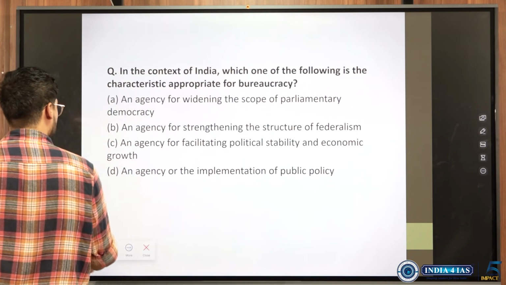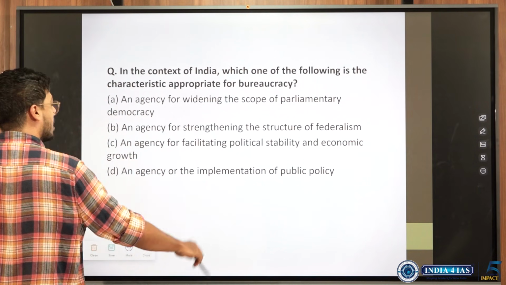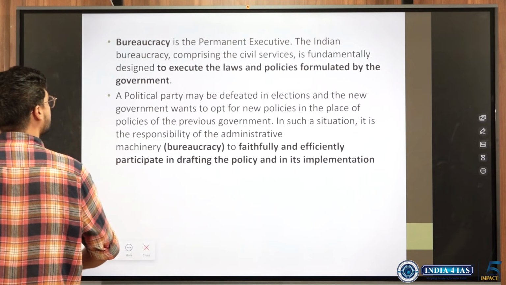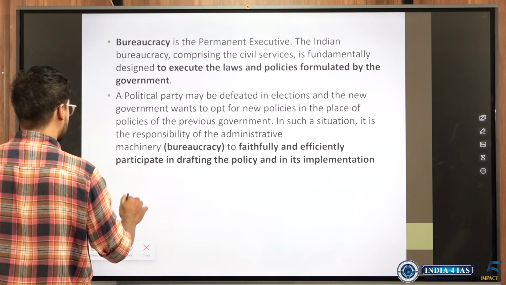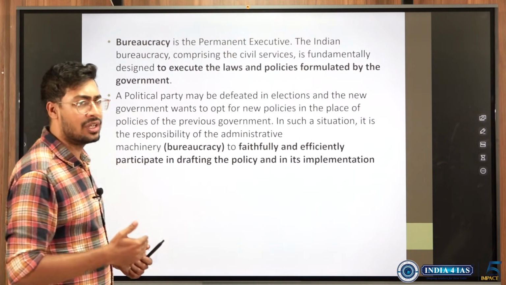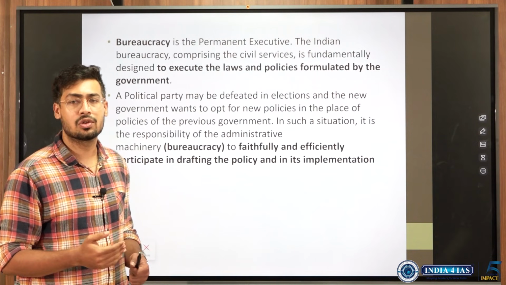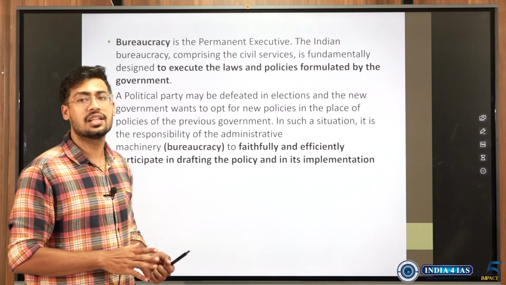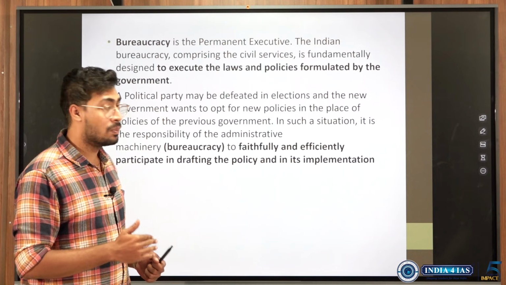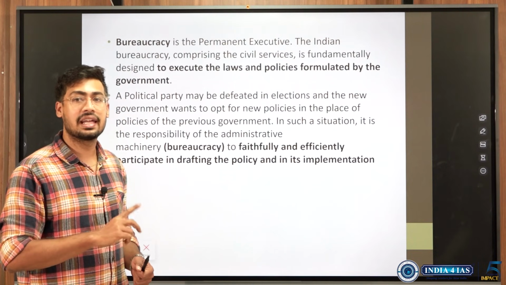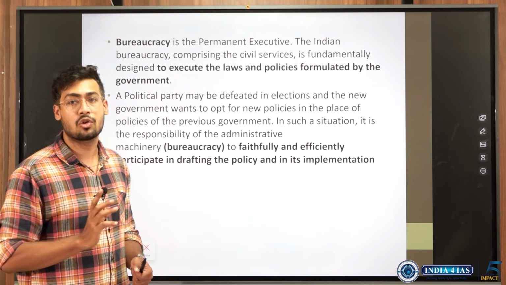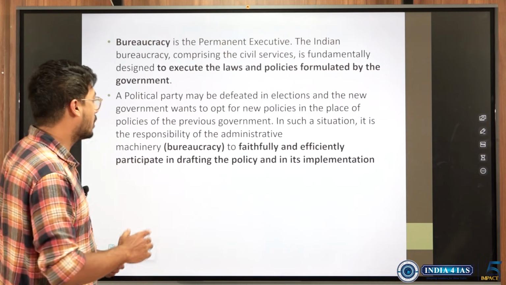So these are statements which you could have written for mains, but in this case it was D which was the answer. The same thing has been mentioned. And bureaucracy also, when we speak of, we need to be aware of Weberian bureaucracy things also. Though it has not been mentioned in polity, it could be asked. Just like Marxism was asked, similarly questions can come from Weberian bureaucracy too. So please have a look at it.